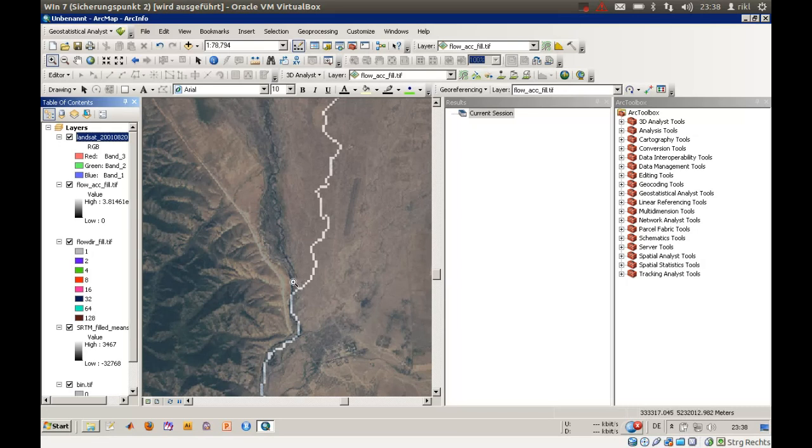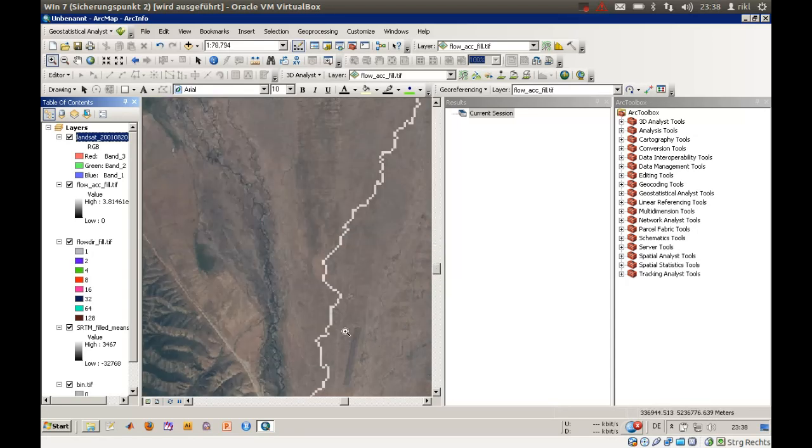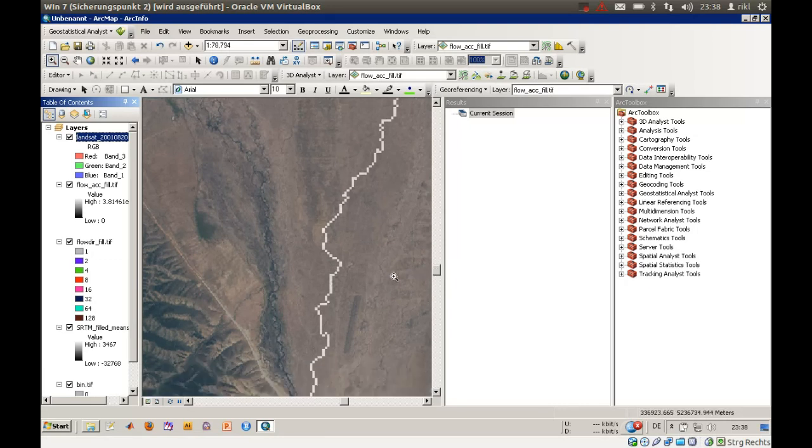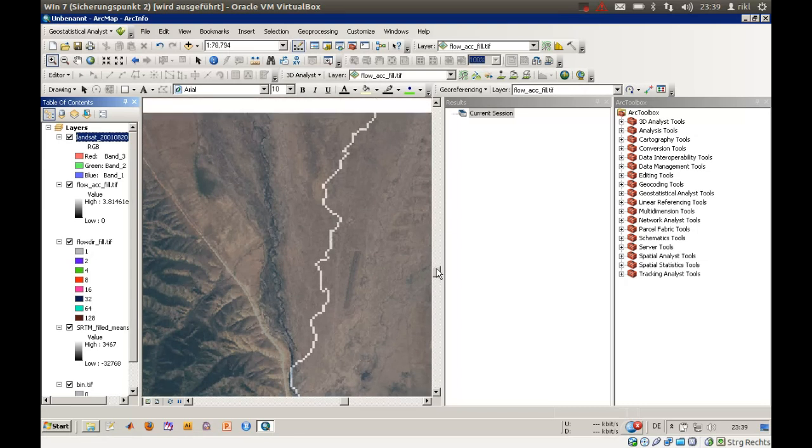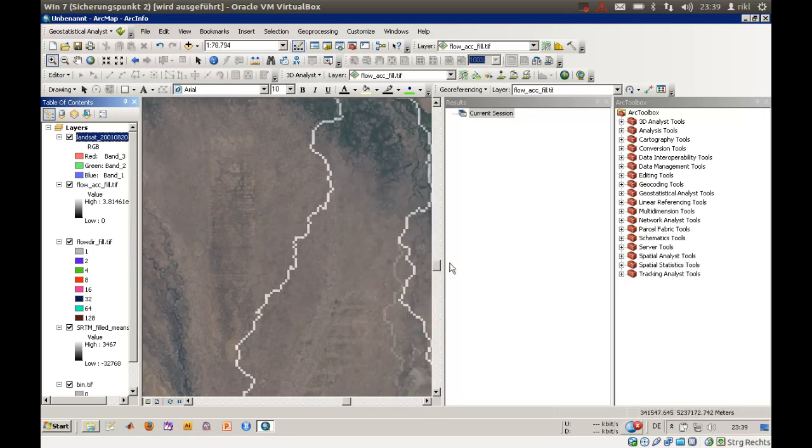If you're coming to the flats, you can see here there's a divergence of the real stream, which goes northwards, and the calculated stream, which is going here in a northeastern direction. The cause for that is the height resolution, or the height error maybe, of the SRTM scene, which has a vertical resolution of about 60 meters. So in a flat area, pixels which are near to each other can have a different height of about 60 meters, which is quite a lot. So here the stream is now diverging from the real stream, and due to this behavior, we will also suggest